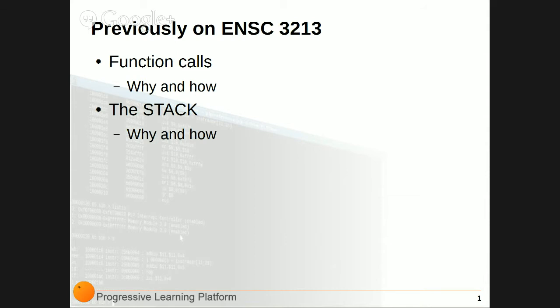How about the stack? Why do we use the stack? We just need a memory access method. Because without stack, how would you temporarily store stuff? Have a bunch of variables, right?